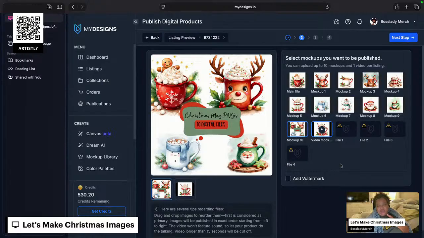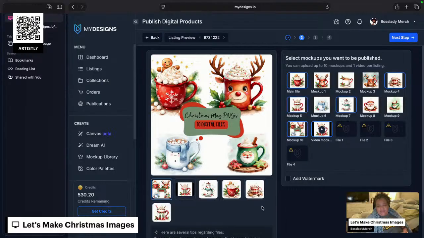Now, if I choose to add some more stuff, I usually put in placeholders to hold the place, so it can look like I got more slots. But if you want to put a couple images in the slot, you can. If you want to put like 5, you can click 5 of these and just put watermarks on them, like my Boss Lady Merch watermark. And then next,